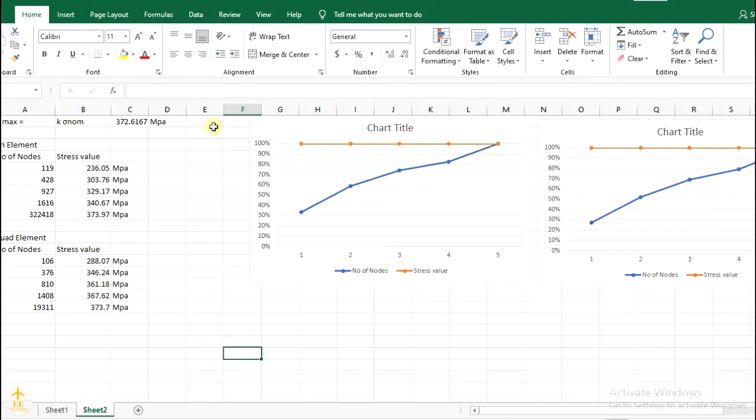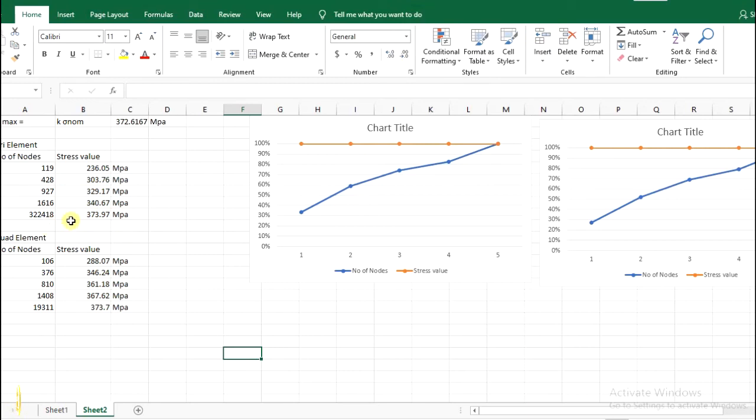So I have used that. I'm using 3 lakh 22,480 nodes, and I solved this problem, the value I get is 373.97 megapascal. Okay, so here I'm not performing that analysis because the calculating time for this kind of element will take a lot more time for analyzing.